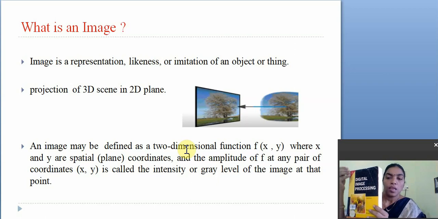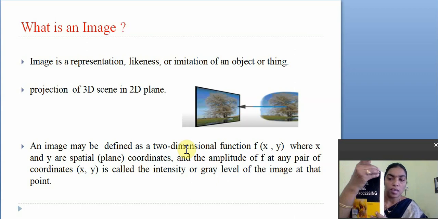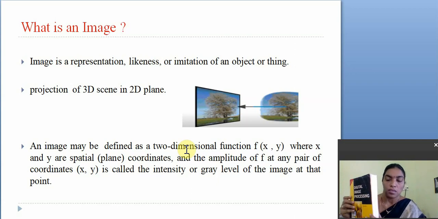I am assuming this is the x direction and this is the y direction, like length and height. In such a case, this is x comma y at a particular location on this plane.